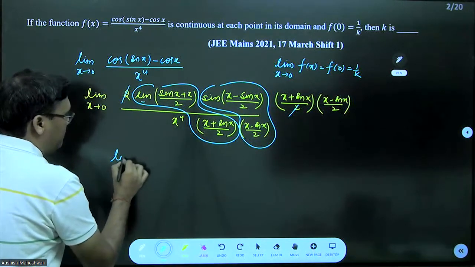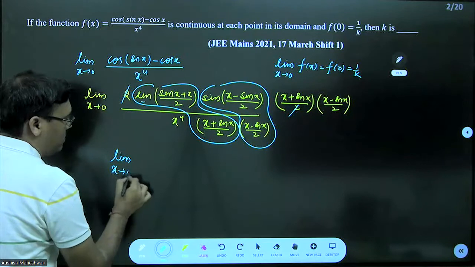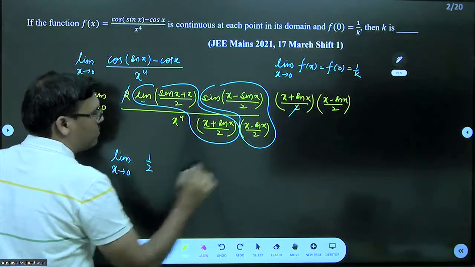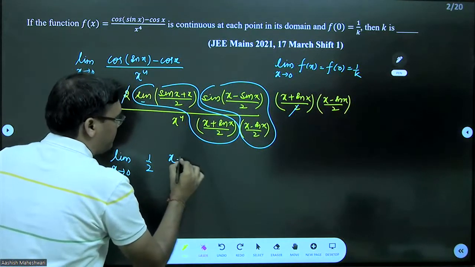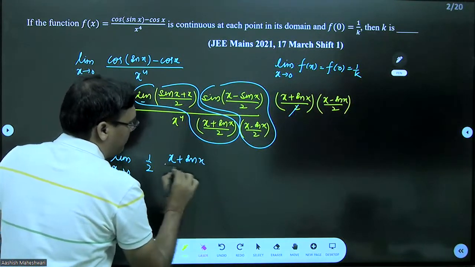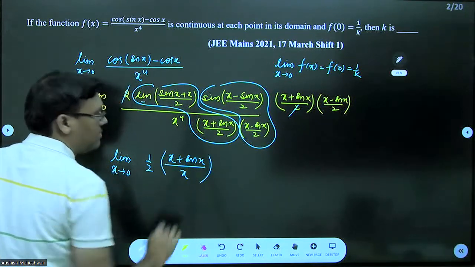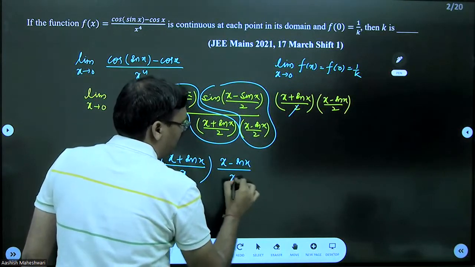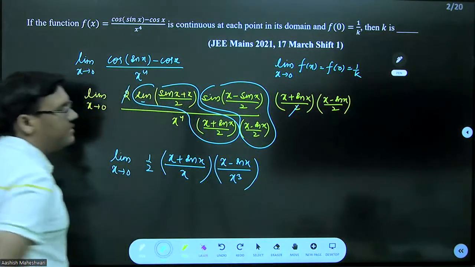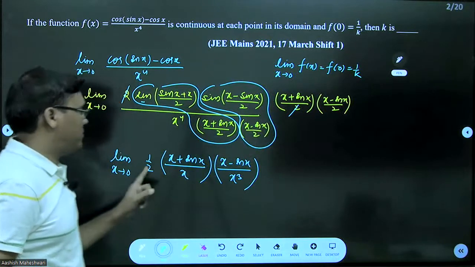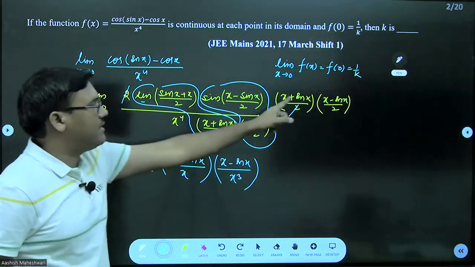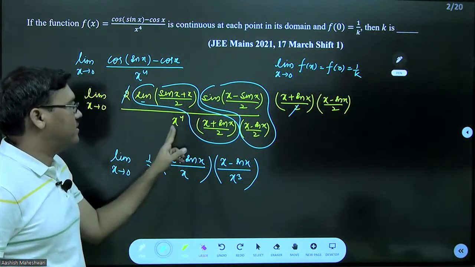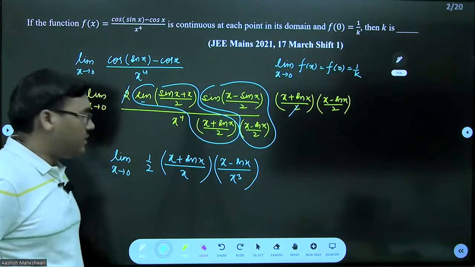This is limit x approaches 0. Now you see we have 1/2, which is a constant. This is (x + sin x) divided by x, right, into (x − sin x) divided by x^3. Check this step. We have this 1/2, which is constant. We have this (x + sin x) upon x, and this is (x − sin x) upon x^3. The x^4 I have written like this. Now see here,